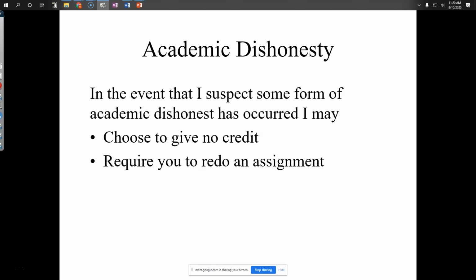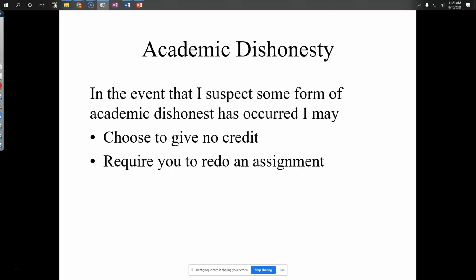Academic dishonesty. So obviously when we're doing this at-home learning thing, the ability to cheat, especially on tests, is greatly increased. And in fact, it's almost impossible to not cheat. But just do be aware that if I look at your work and I suspect that it's not your own doing, or that you really didn't know what you were doing, but somehow you magically got the answer, one of two things could happen. You may just receive a 0, or I will contact you and say, hey, let's talk